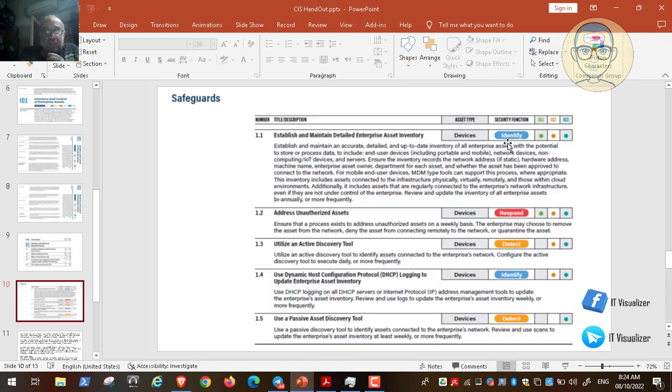We have said before, this is the definition of enterprise assets. Include end user devices, portable and mobile, we have discussed this, network devices, non-computing, Internet of Things, servers. Ensure the inventory records the network address, the IP address, hardware address, this is the MAC address, the machine